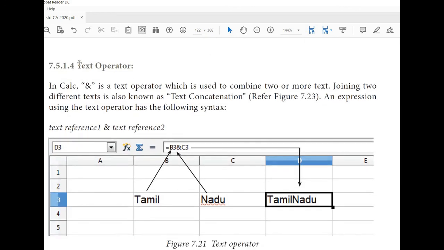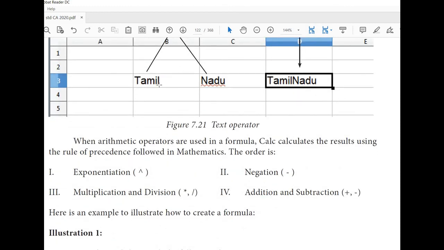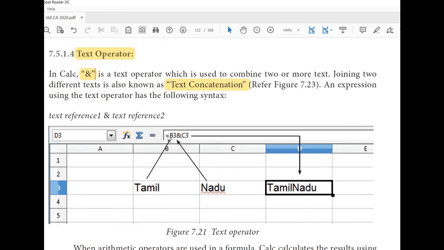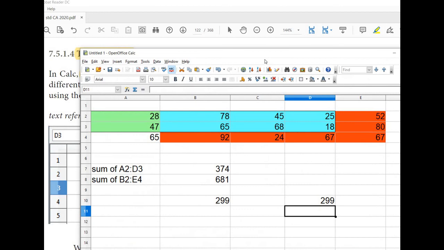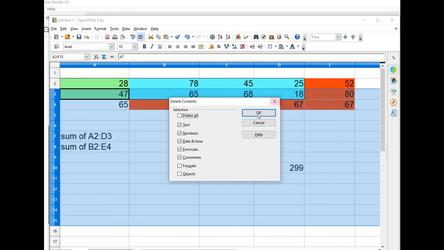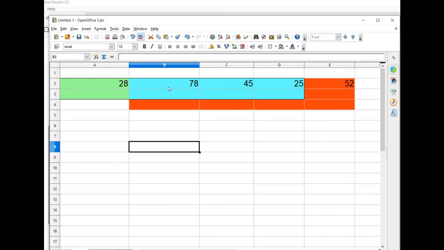The next one is the text operator. Text operators manipulate text. One is text concatenation, which uses the ampersand symbol. So two words are here, Tamil Nadu, and we are going to concatenate them with the ampersand symbol.